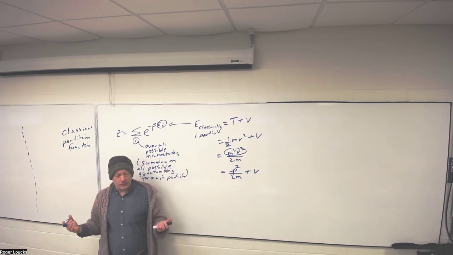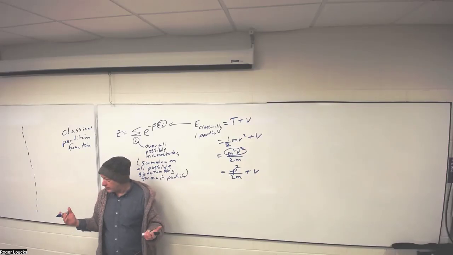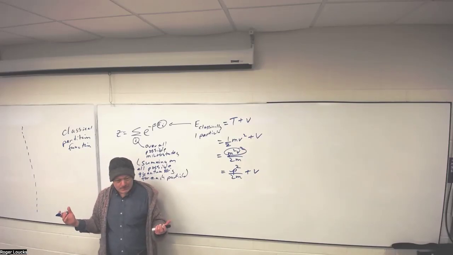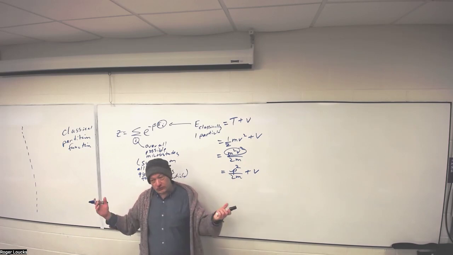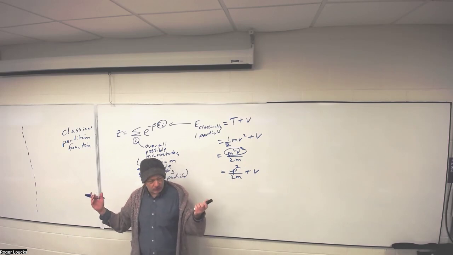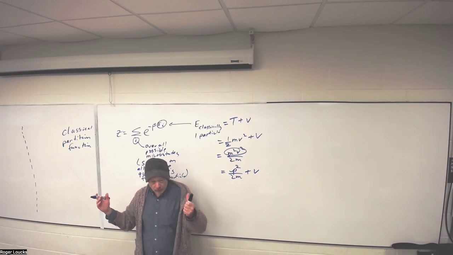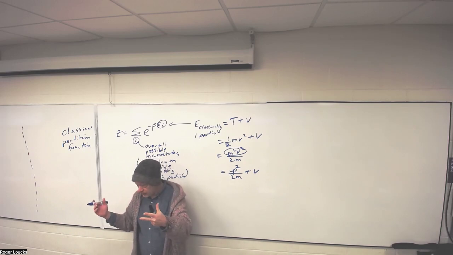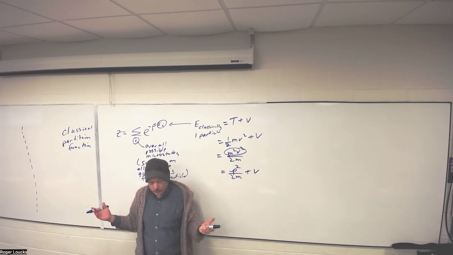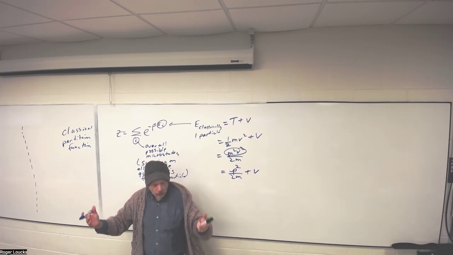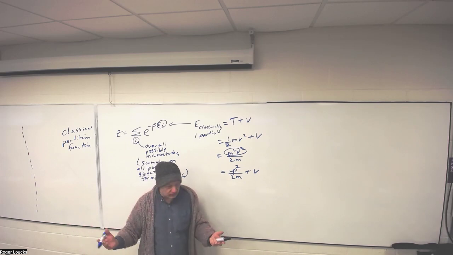So now if you're Boltzmann, what do you have to sum over? All the possible momentum. And this momentum is a vector. So what does that mean? You have to sum over all possible x momentum, y momentum, z momentum. Your potential energy depends on position, so you have to sum over position, all the x, all the y, all the z. That's what you'd have to do classically.